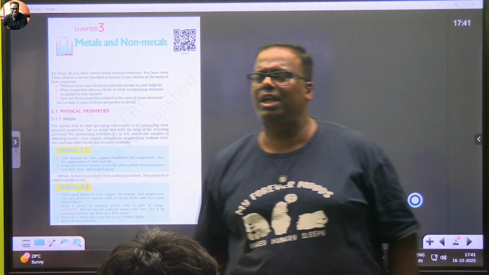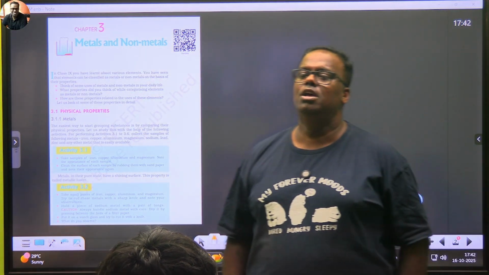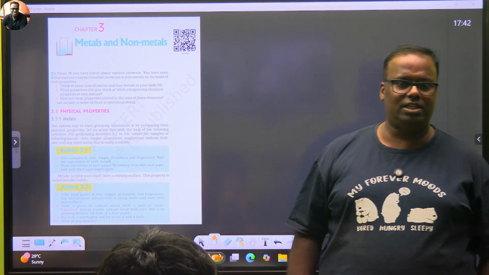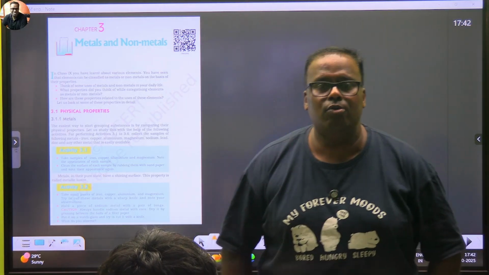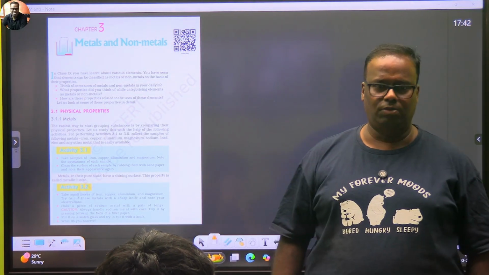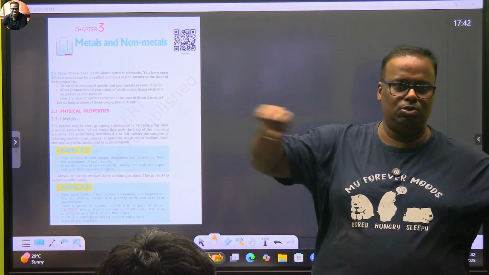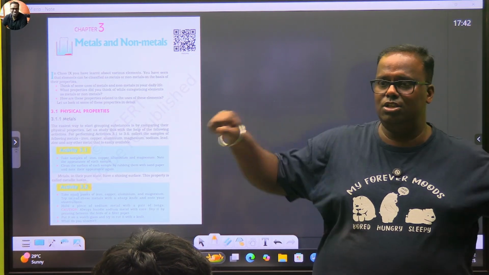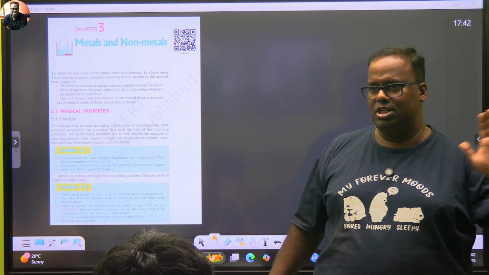Metals always form cations. Metals are the ones who will be losing electrons, and that is one of the characteristic signatures of metals. When you talk about something like potassium or calcium, I cannot take calcium and break the bones of Angad, right? You cannot make calcium into a rod, but you can make tungsten into a rod and hit and break his bones. That is allowed.